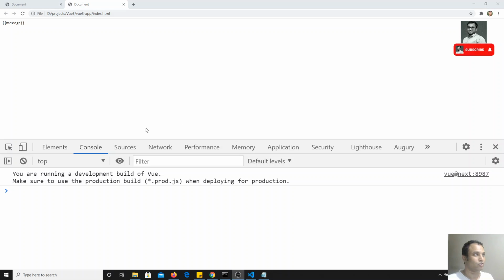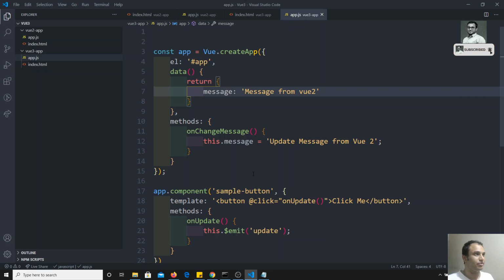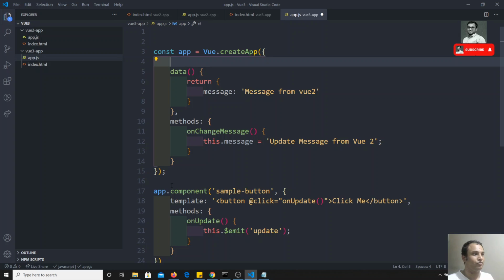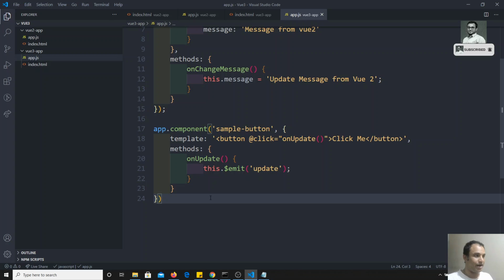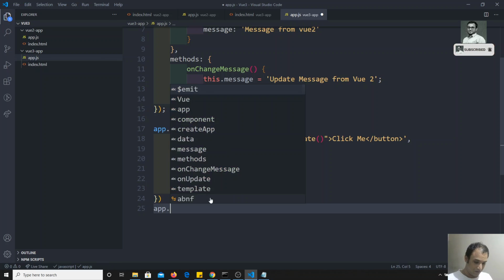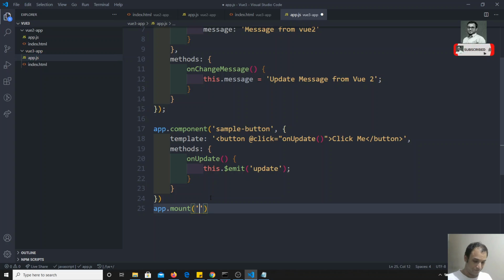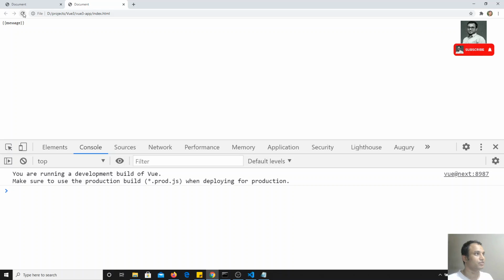What could be the problem? Another thing we did is that el is not there, so we need to remove this el, and after adding all these things, we write app.mount('#app'). We need to use it like this. Now if I refresh the code, immediately the code is working.